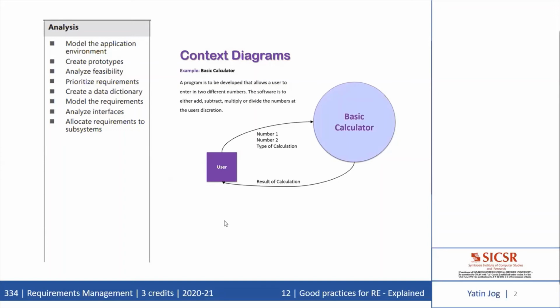The next good practice is to create a data dictionary. Definitions of the data items and structures associated with the system reside in the data dictionary. This enables everyone working on the project to use consistent data definitions. As requirements are developed, the data dictionary should define data items from the problem domain to facilitate communication between the customers and the development team.